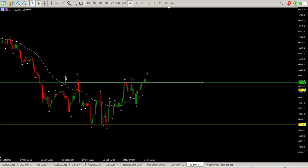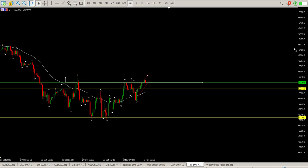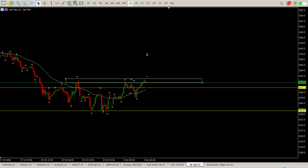and I wouldn't want to be long here, and I wouldn't want to be long until I see some structure. I think 33.11 is a level that I want to watch today. We'll watch that for the first couple of hours and see what transpires there. Apart from that, nothing really else. The dollar is sort of going sideways as well at the moment,